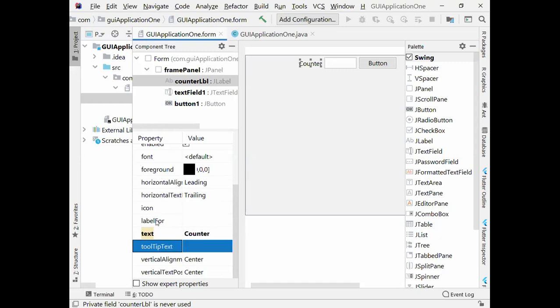Then you can do label for, you can add text tooltip, tooltip text, which, for instance, is more like a description of what the label or the component should do. Usually if you add a tooltip and you hover your mouse over the text, you see that description pop up. So maybe I can just put a tooltip there and say this